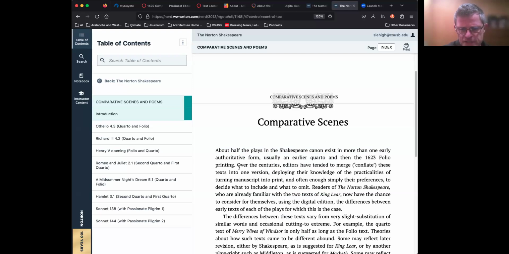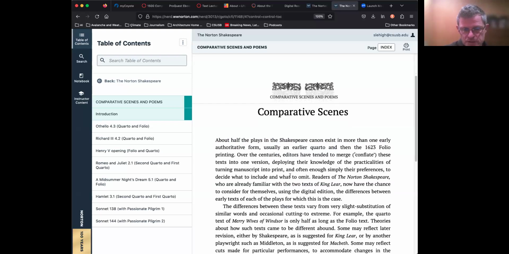Over the centuries, editors have tended to merge or conflate these texts into one version, deploying their knowledge of the practicalities of turning manuscript into print, and often enough, simply their preferences to decide what to include and what to omit. A famous example of this is King Lear. So that's quite interesting, right? What that means is that what you have known as Shakespeare is actually not Shakespeare as such, so much as Shakespeare as filtered through the practices of these various